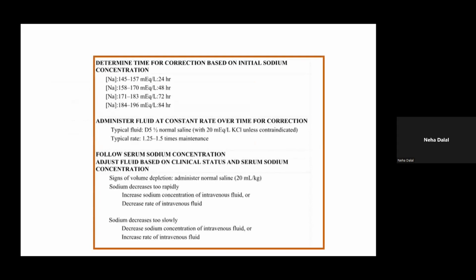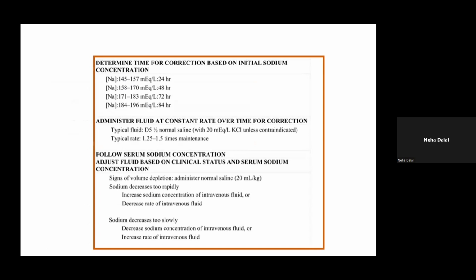Further, the type of hypernatremia can be managed. Acute hypernatremia with mild serum sodium levels can be managed over 24 hours, whereas moderate to severe hypernatremia values are to be corrected slowly over 48 to 72 hours, depending upon the range of values shown in this video. And the learning point, especially from the case management, is this: mild hypernatremia can be managed